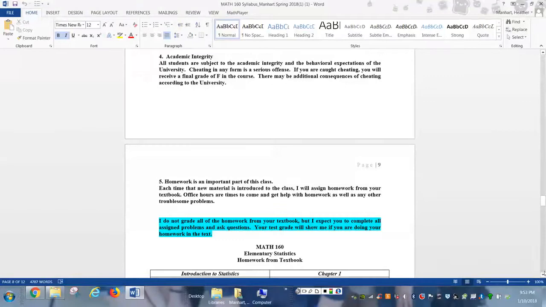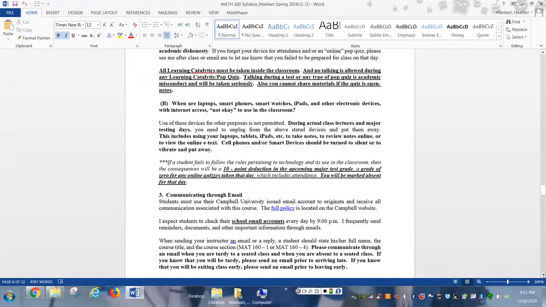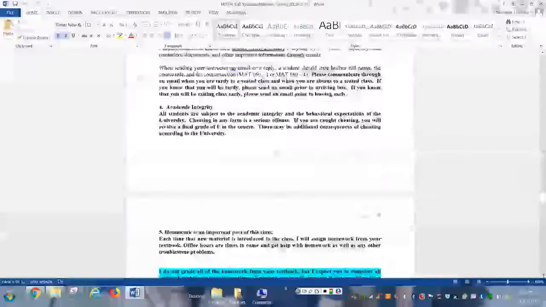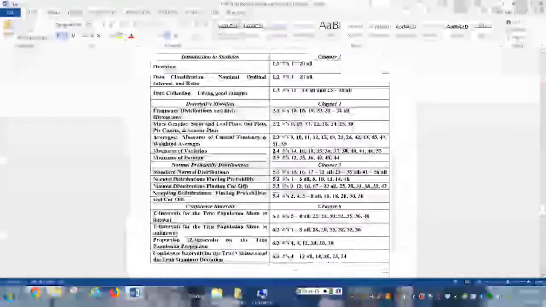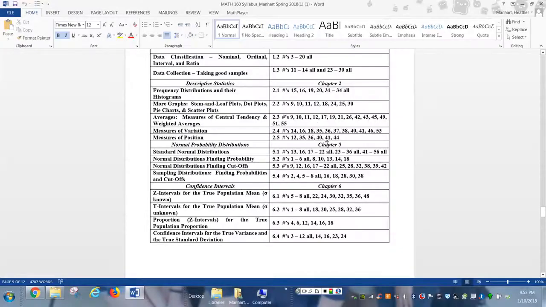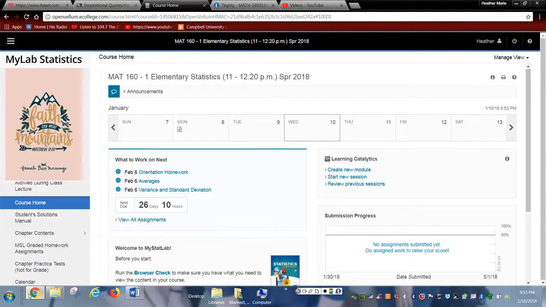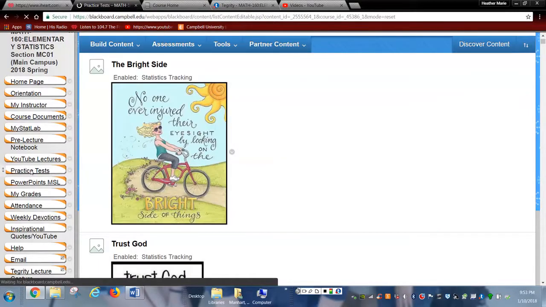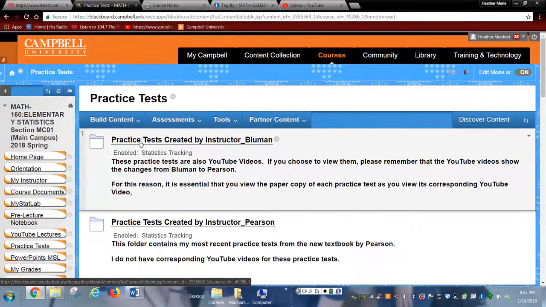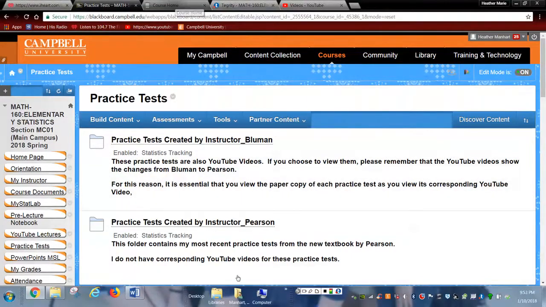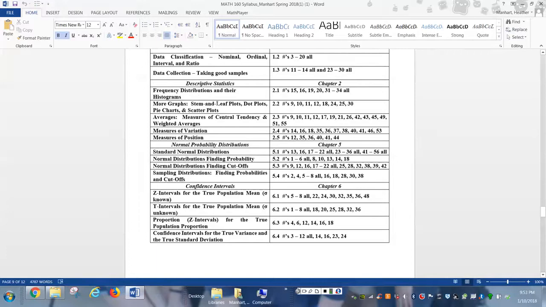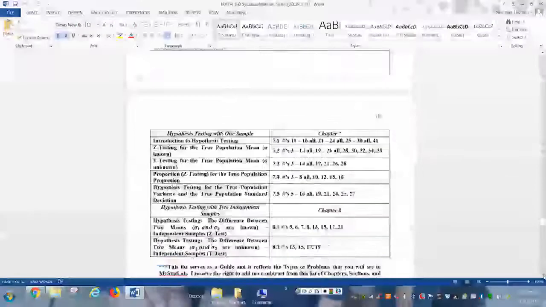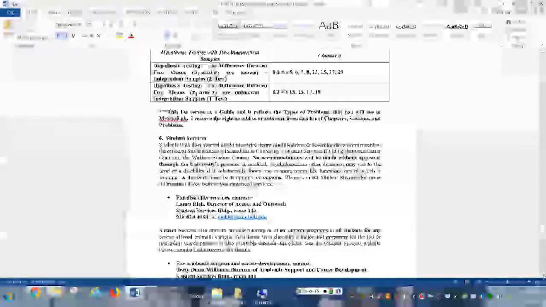The other things I list here are about academic integrity and cheating; obviously, there's a heavy penalty for it. I give homework from the textbook, but you don't have to turn these items in. These are items you can take to a tutor. You can take those practice tests, by the way, under the practice test button. The practice test that I give you a hard copy of, you can take to a tutor. Anything that's not for a grade, you're allowed to take to the tutor. These are certainly great items to take to the tutor. You can see how I divided those items up by chapter and test.